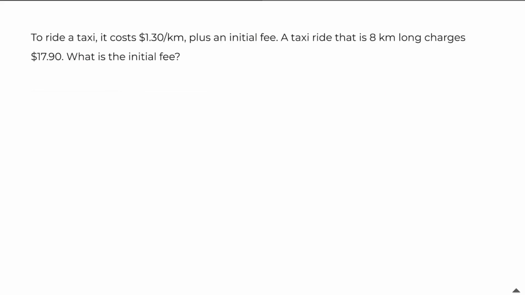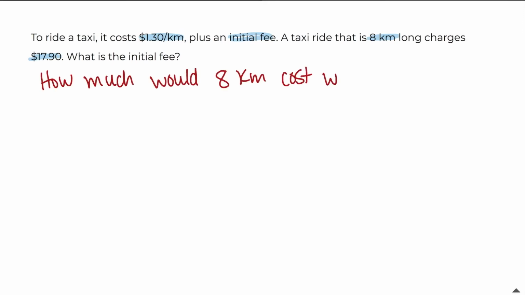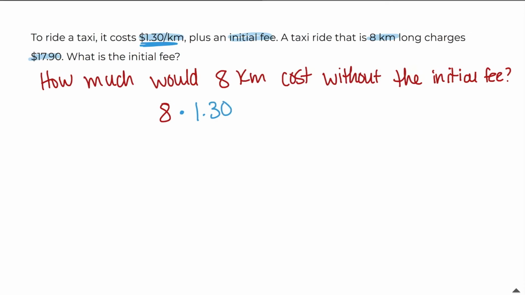In this example, we're told that to ride a taxi, it costs $1.30 per kilometer plus an initial fee. A taxi ride that's 8 kilometers long charges $17.90. What is the initial fee? So the first thing I need to know is how much would 8 kilometers cost without the initial fee? Well, 8 kilometers is being charged at a rate of $1.30 per kilometer. So I'd multiply 8 by $1.30. And when I multiply those two values together, I end up getting